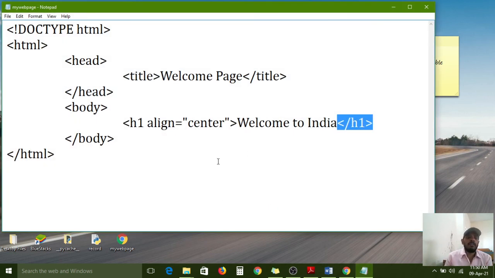Now I have explained how to write the first program in web pages, I mean in HTML. If you have any doubt, then ask me by phone call, because you don't have any live classes. If you have any doubts, first search in Google. If you don't get any clarity, then ask me directly by phone.